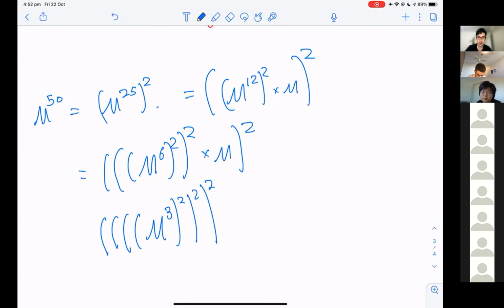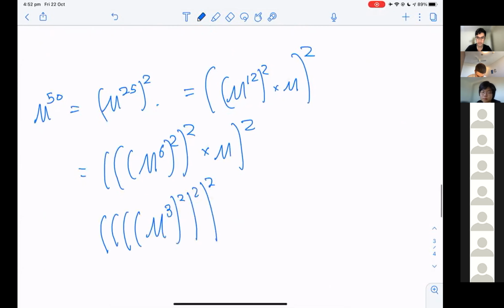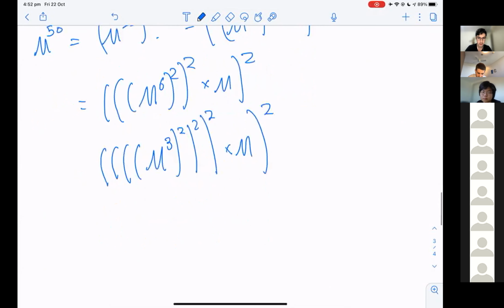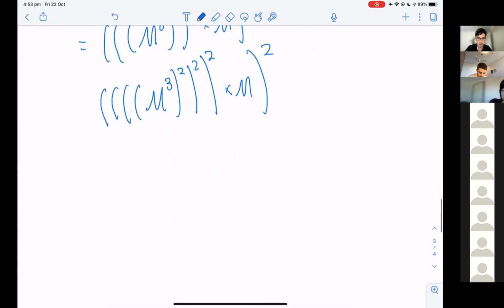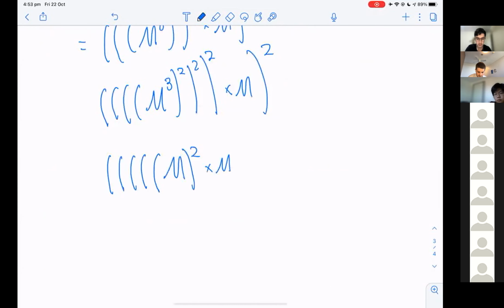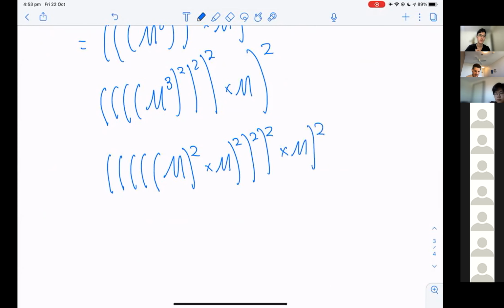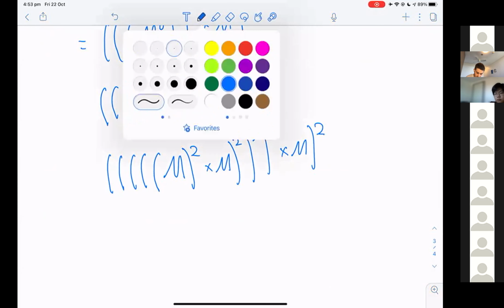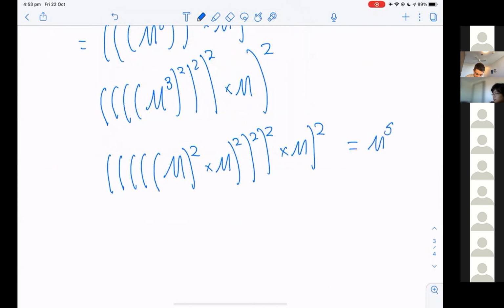Then m to the power of 3 is just m squared times m. This is m cubed. Then we square it to get 6, then 12, then 24. We times by m, and then we square it. And this result, if you go in reverse order, is then equal to m to the 50.